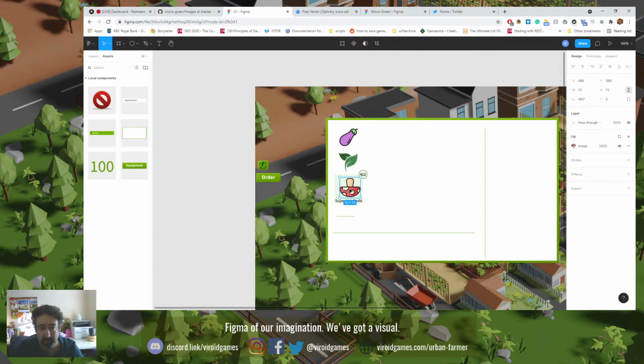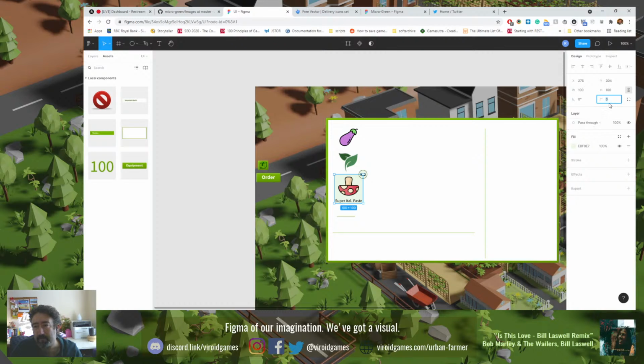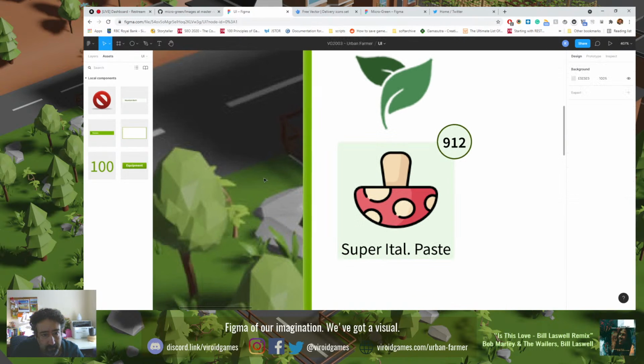Doesn't steal away from the number and the... also let's round things up a bit. You don't really get to see the stroke here. That's kind of